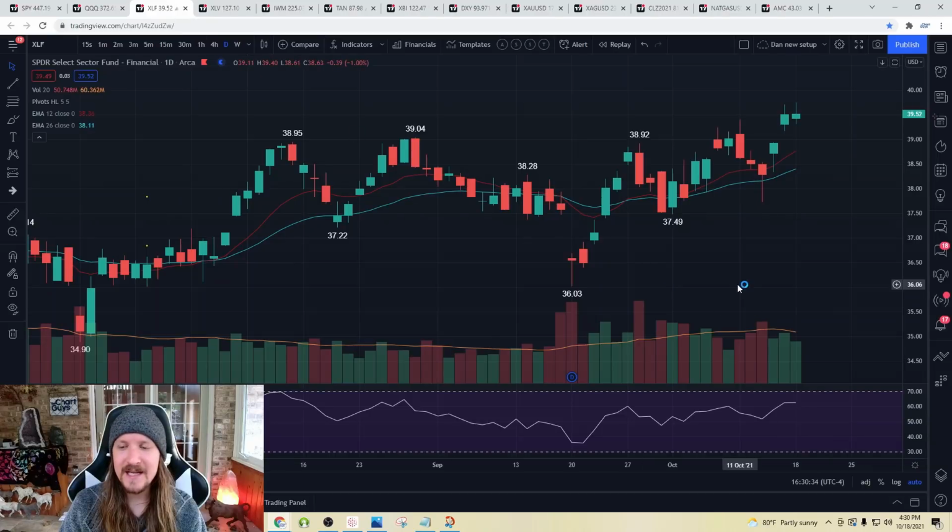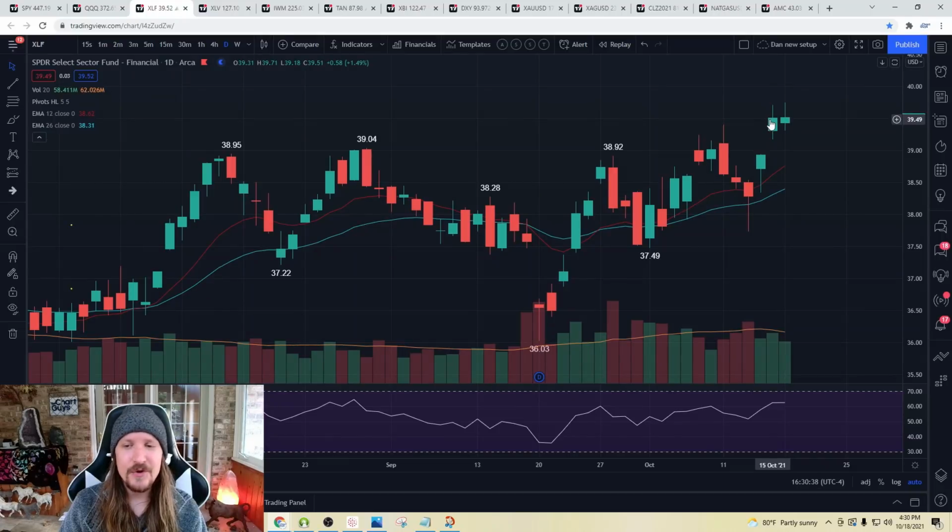The financial sector getting a little bit toppy. We can see the high, the all-time high from Friday, 39.71. We broke it, but only by a few pennies. So whenever that happens, just keep an eye out, because what happened the last time, we had the all-time high, we broke it without much follow-through, and that led to daily consolidation. So if we see a bear break of 39.32 tomorrow, daily consolidation is then underway. We're looking for a gap fill at 38.94, and then we'll scout a daily higher low with a lot of space, anything above 38.41. So still a daily uptrend, but